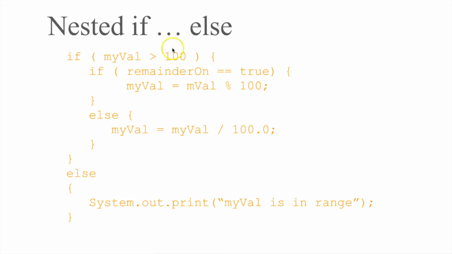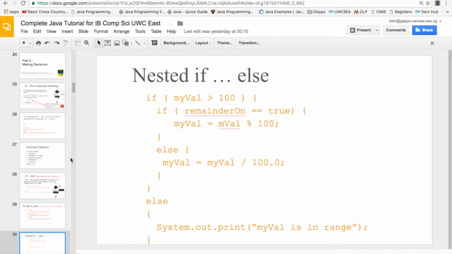You can also have ifs within ifs, which makes it really important that you put these curly braces in. Generally, programmers try to avoid this, but in some conditions it can be very handy. For example, one of the ones that we may use this in, or might have used it in already, is